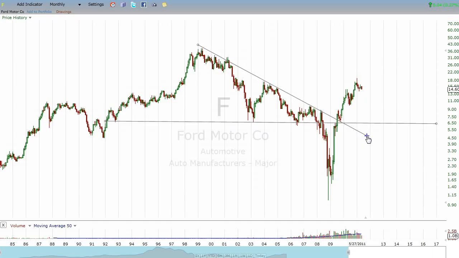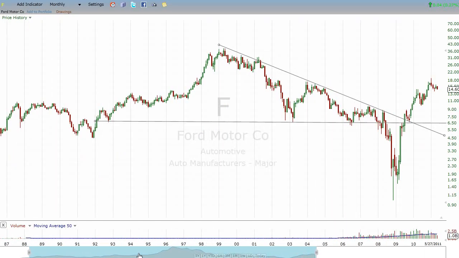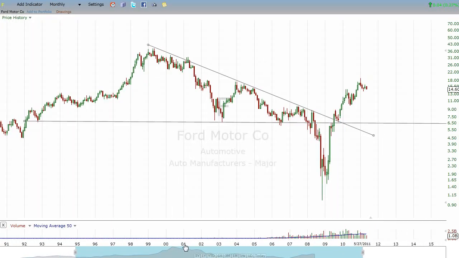When this broke down decisively, then back tested this line, if you had measured the height of this pattern, and again this is on a log chart, and you said, I believe Ford has a target of, and you measured this, and you said, oh, it's got a target of about $1.04, and this thing was up in the $4.55 range,